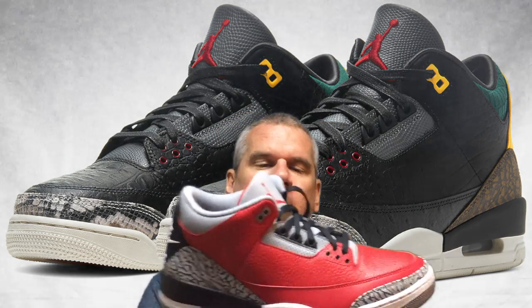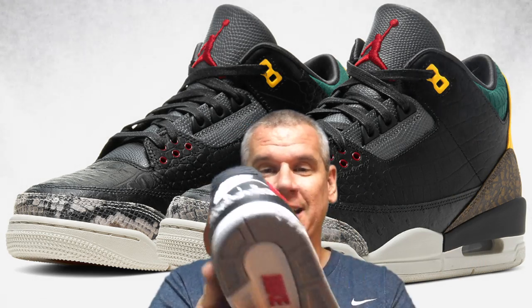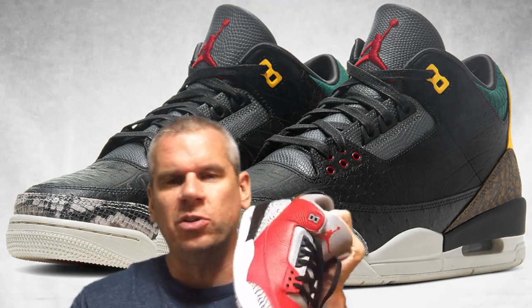So let's get into these shoes today and talk about them. I might actually say this is my favorite shoe of all time. I just love this shoe. When I unboxed this, I literally said in the video that this is so beautiful, I'm never going to wear it, and I actually haven't. I haven't worn these guys except once in the house. They've never been on foot outside. But we'll use this today because I wanted to use these Fire Reds to compare the materials